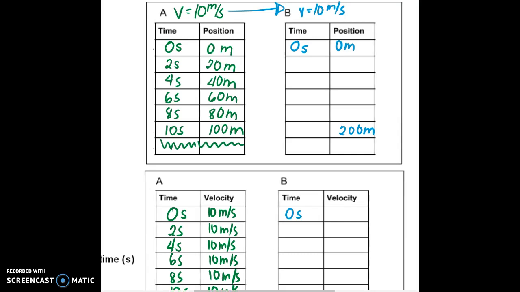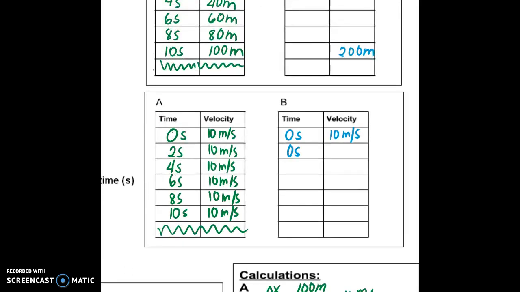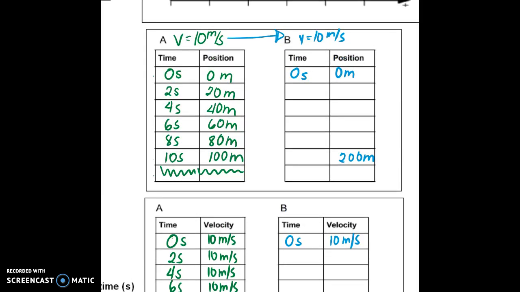So that means that this part is going to stay the same. He was going at 10 meters for every second. Oh, this should be 2, 4, 6, 8, 10. Oh, actually, we don't know this. Okay. So in 10 meters,